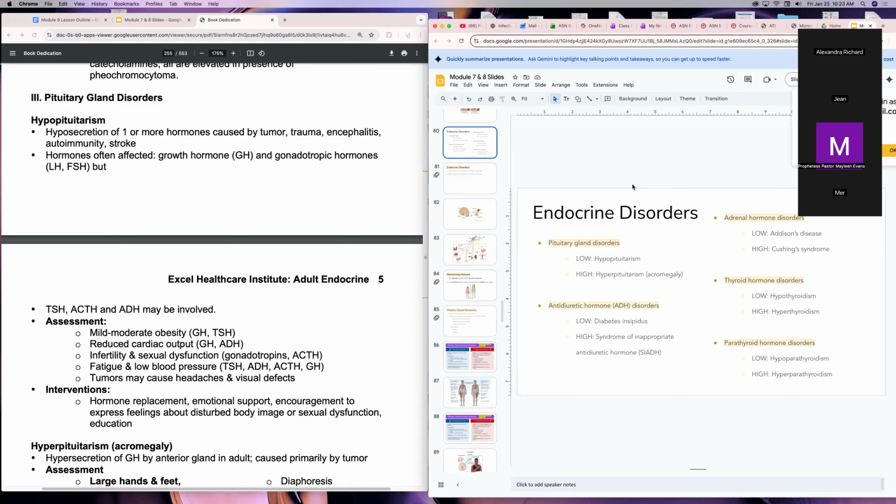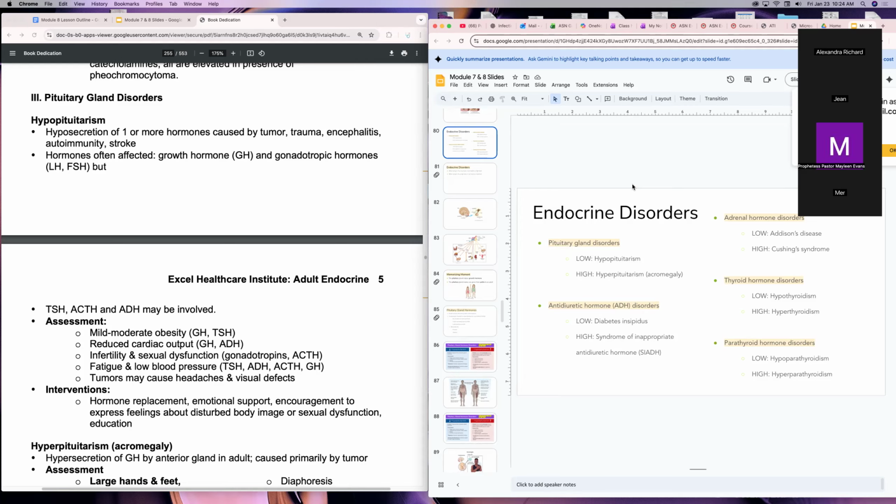Then we have antidiuretic hormone disorders. When it's low, we call that diabetes insipidus. When it's high, we call that syndrome of inappropriate antidiuretic hormone. Next up is the adrenal hormone disorders. When that level is low, like low steroids, we call that Addison's disease. When it's high steroids, we call it Cushing's syndrome. Thyroid disorders: when the thyroid is not working enough, we call it hypothyroidism, or overworking, hyperthyroidism. And parathyroid disorders, we have hypoparathyroidism and